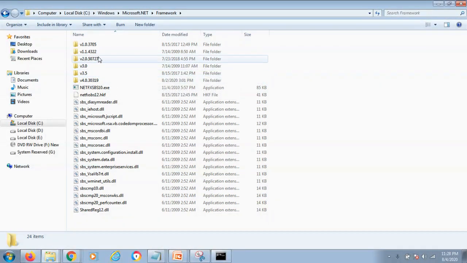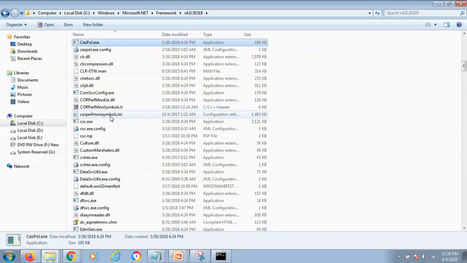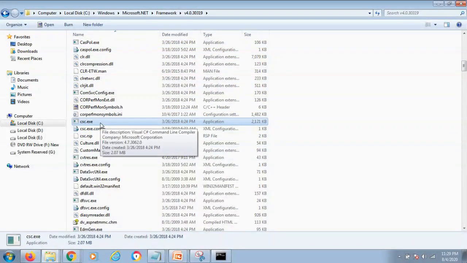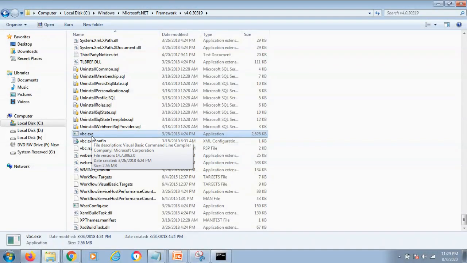There are different versions of the .NET Framework. I will go into version 4.0. You will find inside the folder csc.exe. This is the C# compiler. Same as we can find here vbc.exe, that is the VB compiler. Now we are ready to start a simple program.